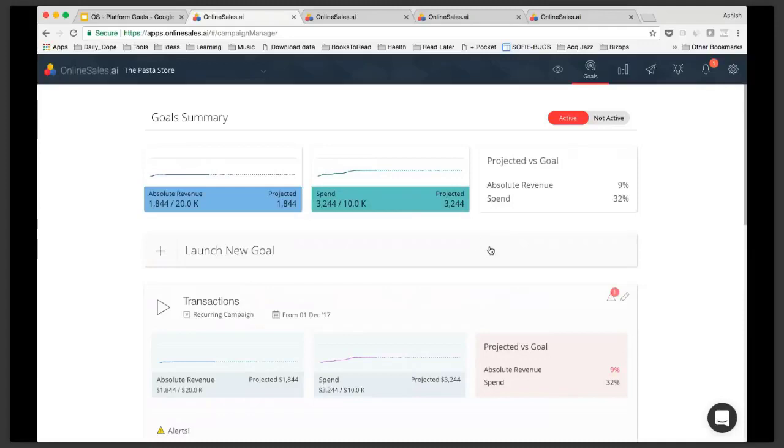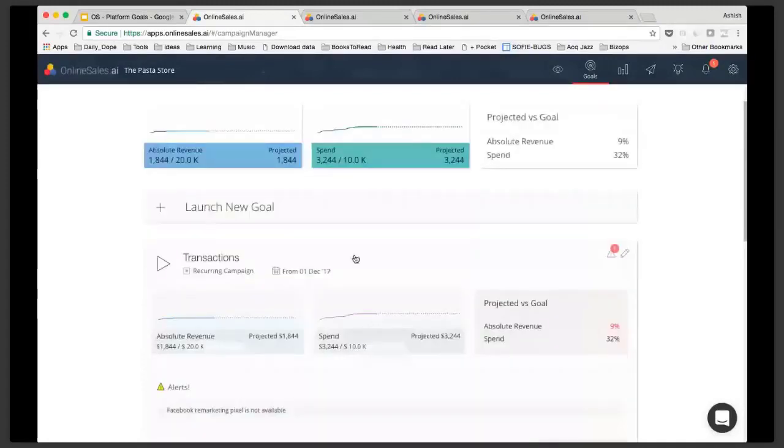Again, this is a dummy store, dummy catalog, dummy data, so don't go by the numbers here, but the functionality will tell you the projection towards the end of the month, and how far off you are from the goals across the different goals that you defined here. Right now we just have one goal here, but on that, what is the